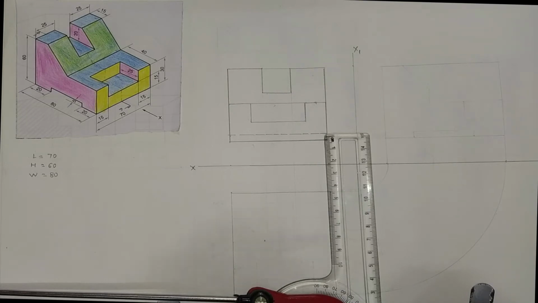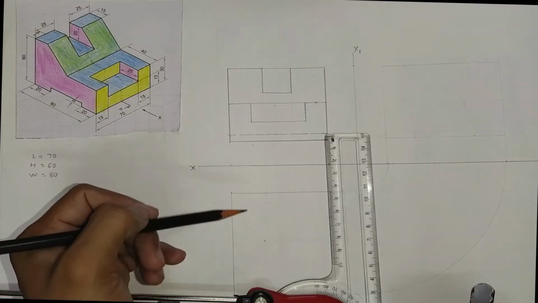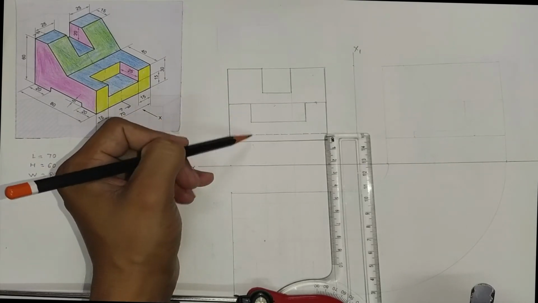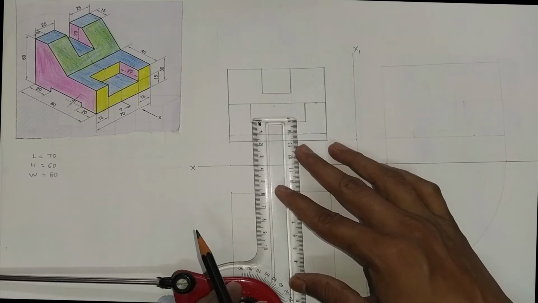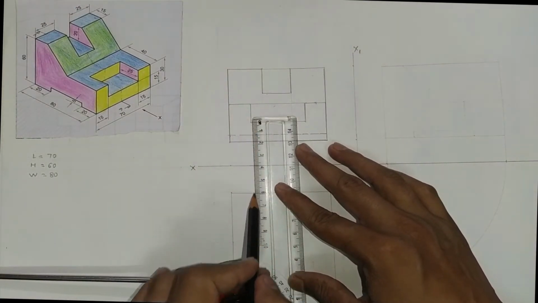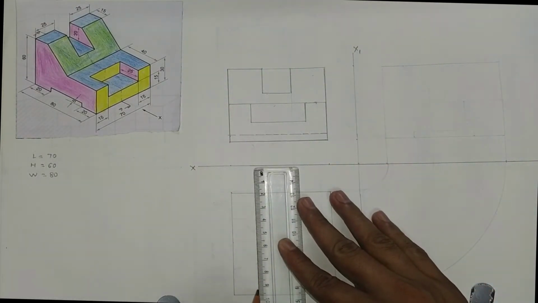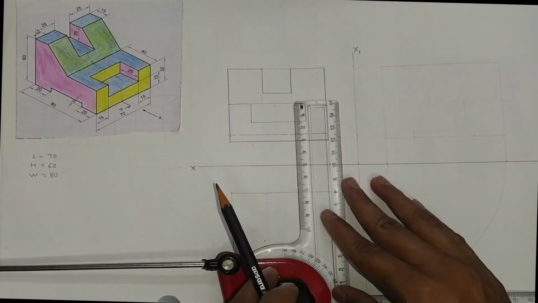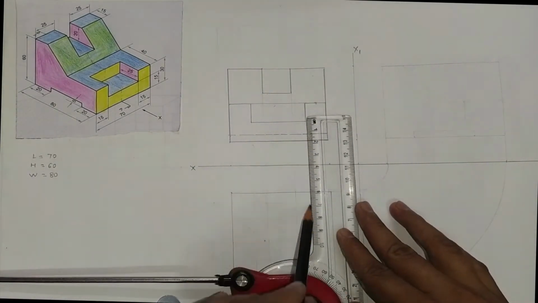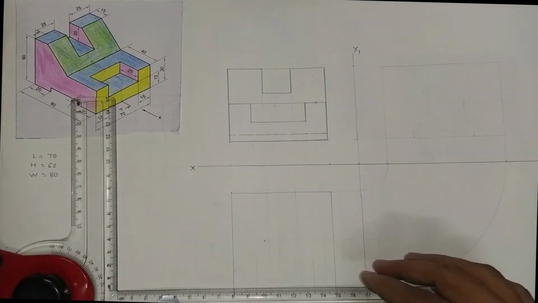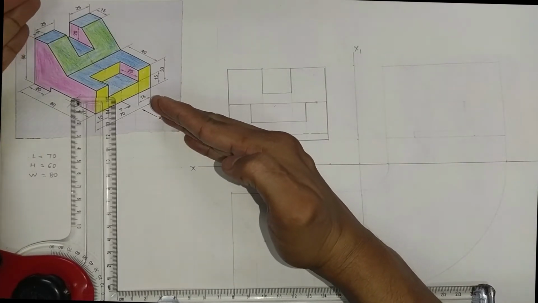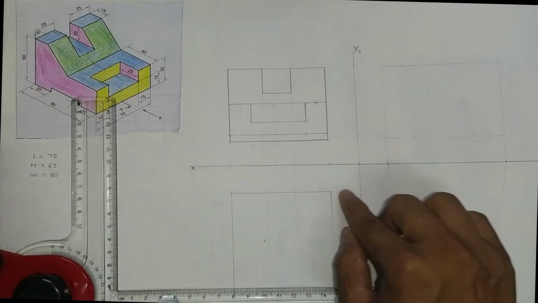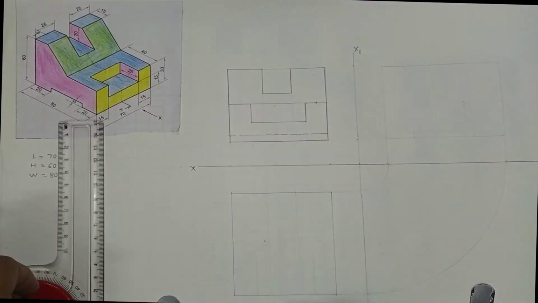Now we want to draw the top view of an object. Transfer all the points of projection from front view to top view. When you are looking from top, you have to tilt that object at an angle of 90 degrees, so this portion comes to the top and this one comes to the bottom.